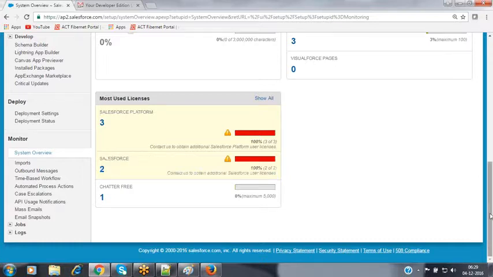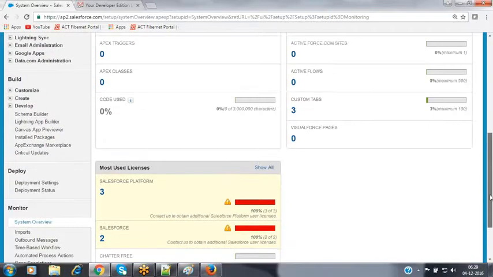Now, whenever you are creating the user record, every user should be associated with a profile. The profile is going to be associated with that license itself. Once the users have been created, these people can log in to the application directly using login.salesforce.com with their username and password. They can log in and perform all the operations they want.